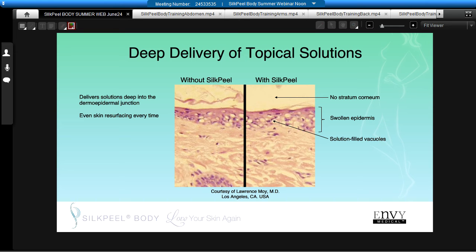So two things that you really notice on the side that was treated with SilkPeel. Number one, you're missing the stratum corneum, or that dead layer of skin. And number two, that darker pink area, the epidermis, is swollen, and it also contains these little white bubbles that actually represent the solution that's actually been driven